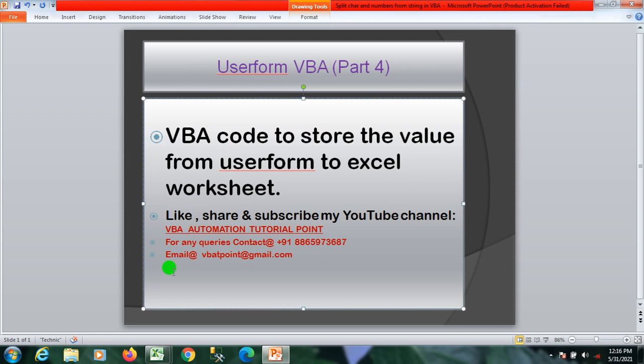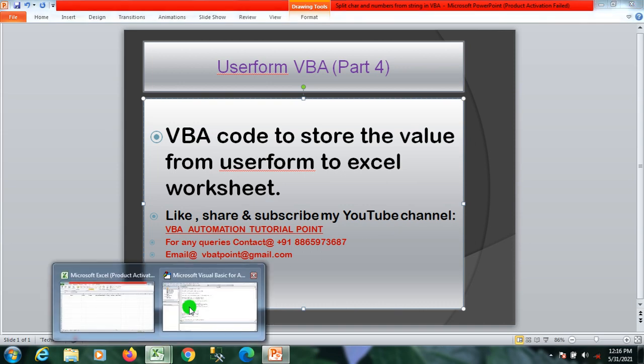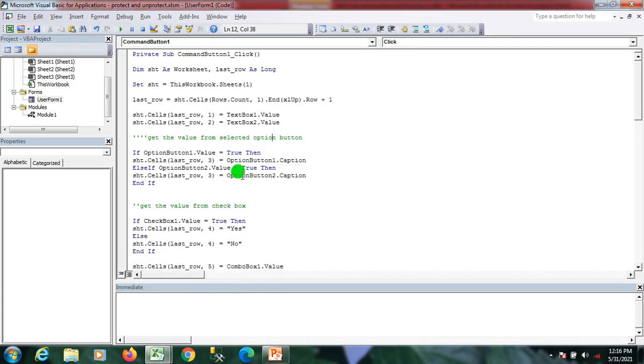Right, so guys, here I have already written the code just to make this video short, and I'll explain all the things to you one by one. Here I have declared the variable, type of worksheet, where I need to insert the data.